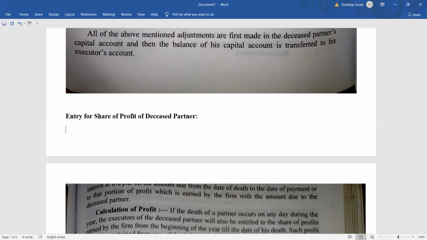Since we are not certain, see, as I already told you, that is not certain, and it can occur on any date, and since we are not certain of what may happen, that is why what happens is that we will prepare one such entry which is kept as suspense. Okay, usko suspense ki tarah rakha jata hai. We don't know what will happen in future. We assume that the business will continue as it was last year. Okay, it will continue as it was last year.